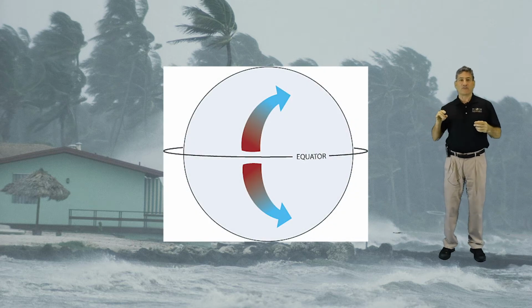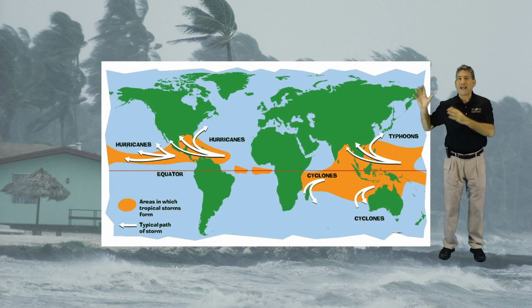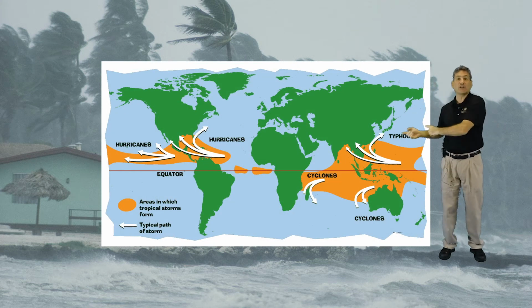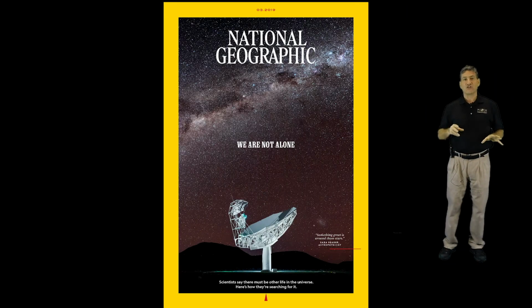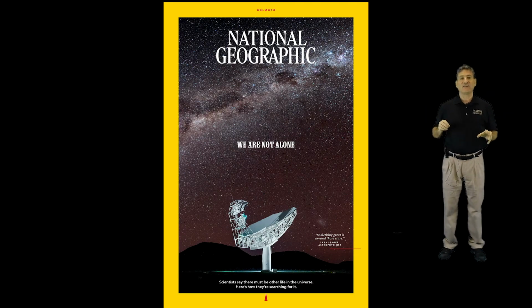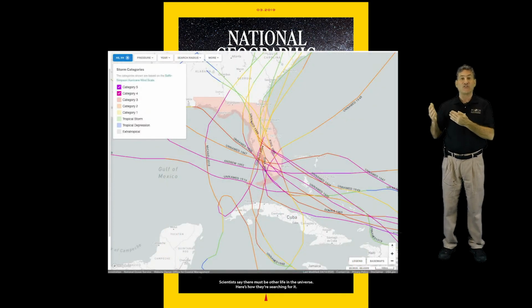Now, taking a global perspective is important. What happens in oceans on the other side of the globe certainly affects us wherever we are. As National Geographic pointed out in a March 2019 article, quote, "Since warm ocean waters are essential to form and maintain a hurricane, scientists wondered if there was a connection between warmer ocean temperatures and an increase in hurricane frequency